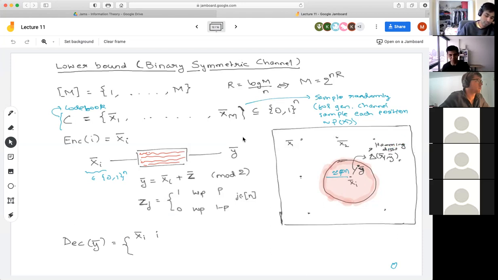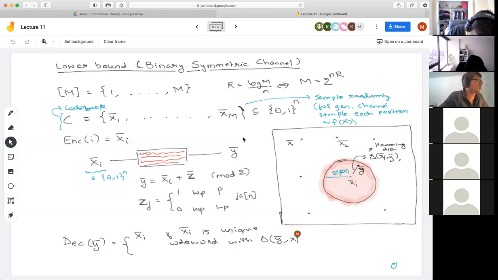Hamming distance is just the number of places in which they differ. I'll output xi bar if I have this as the unique code word, with the distance between what I received and the code word being less than or equal to